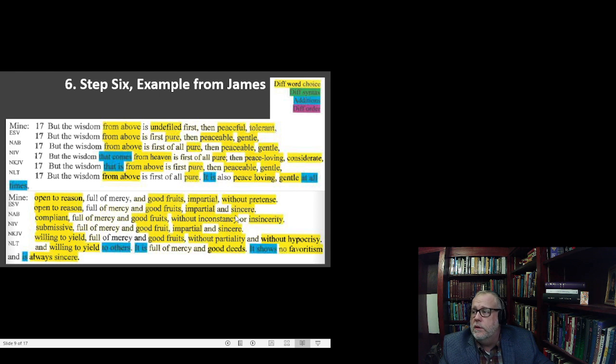This one here is only word choice differences or additions, and most of the additions are based on English style, not really necessary for translating, but a certain style of writing kind of expects certain words in certain places, and so those additions are there. And notice that the additions are coming more from the translations near the bottom of the list rather than the top, because I organized mine from the more formal down to functional down to free,